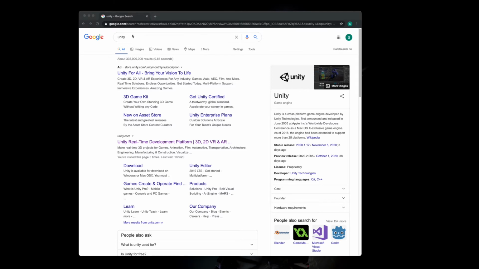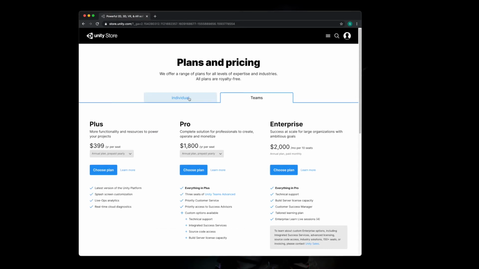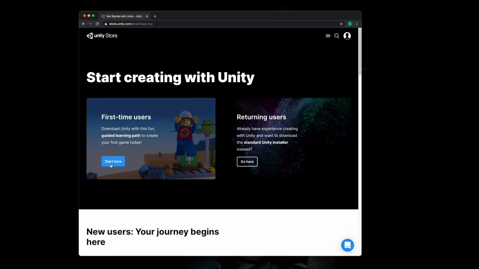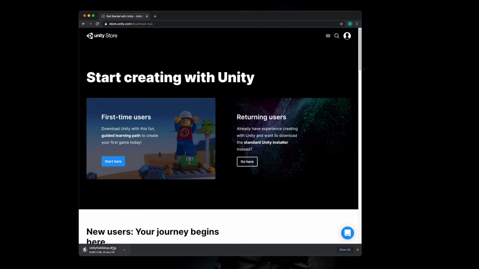First of all, you want to search Unity on Google and head to unity.com. Once you open unity.com, click on Get Started. Head over to the individual option and then choose the personal option and click on Get Started. Click on Start here for first-time users and then agree to the terms and you will begin installing the installer